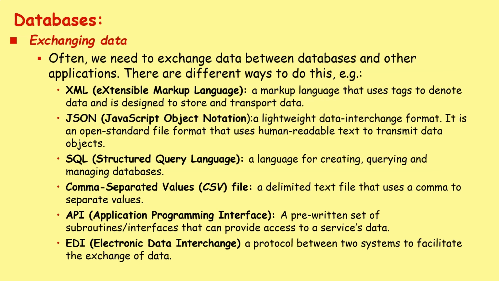ways to do this. Now in the exam, you're unlikely to be asked specifically about one of these methods. However, you do need to be able to describe 1 or 2 for use in a certain situation. So whether it's XML or JSON or SQL or CSV files or APIs or electronic data interchange, you want to probably memorize 2 or 3 of these just so you can talk about them in an exam if you need